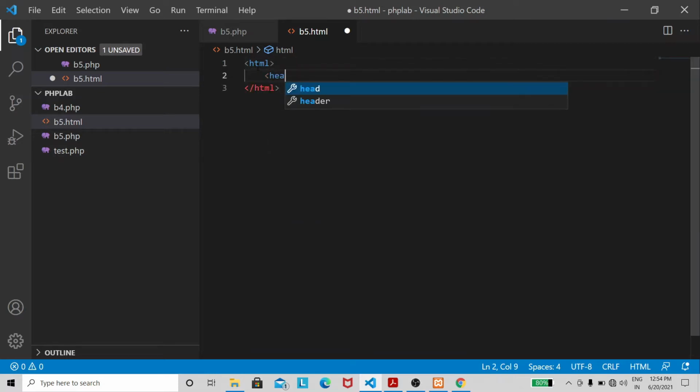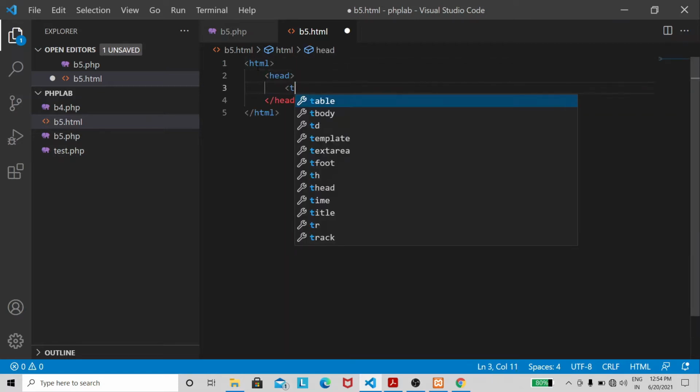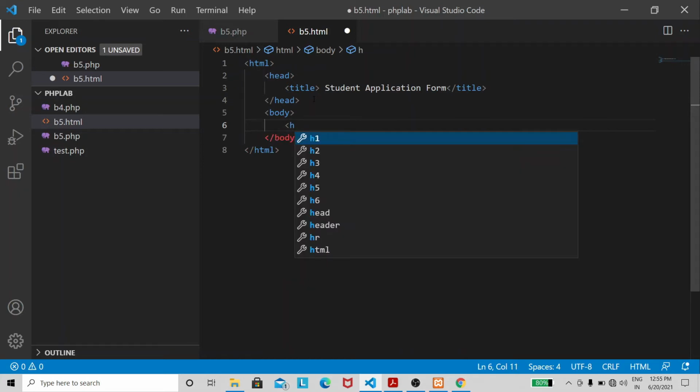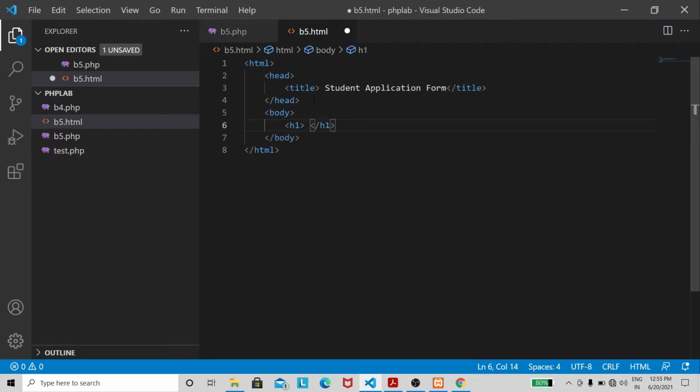HTML, head, title, student application form, body. Inside the body I'll have one heading, student application form.